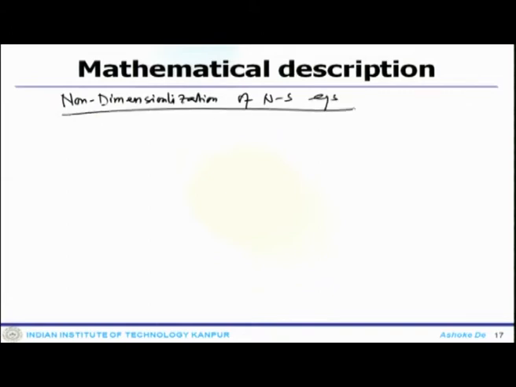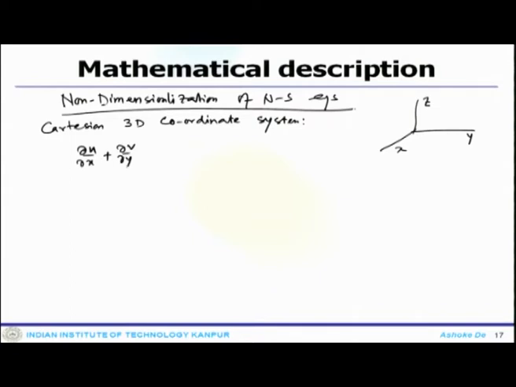So if you just consider a Cartesian 3D coordinate system, okay, and if you consider that as a sign convention x, y, z, then you have a continuity equation, okay. Then I have a momentum equation, basically the x momentum equation,